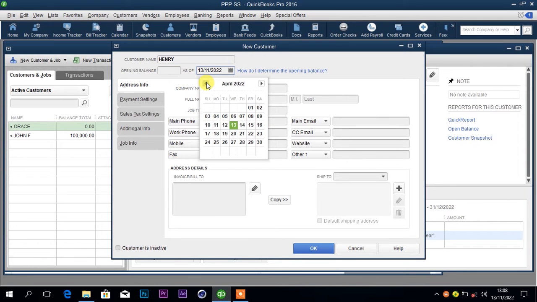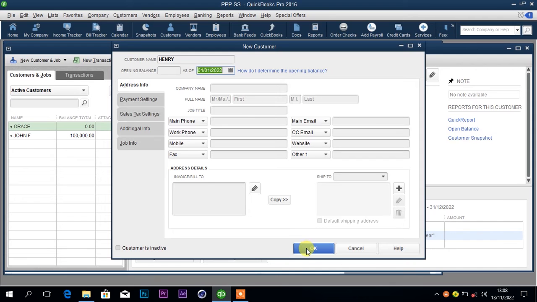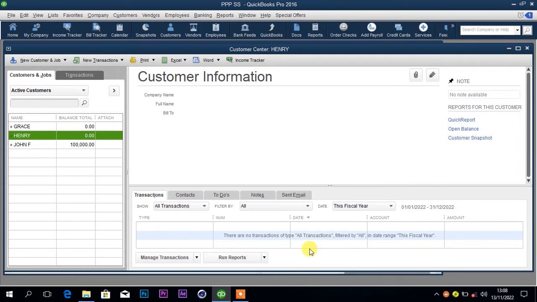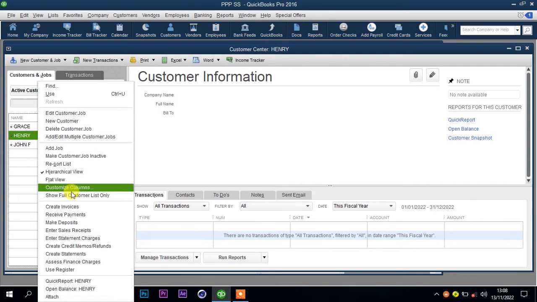Then you set the date. The date is still the same, 1st January 2022. That one is also a customer who is not having any balance. Another student is